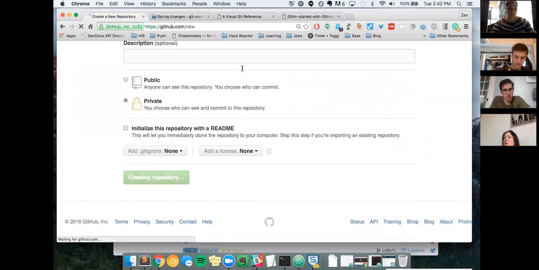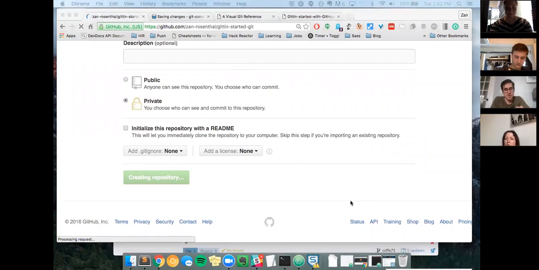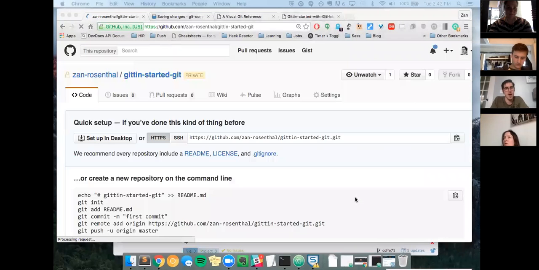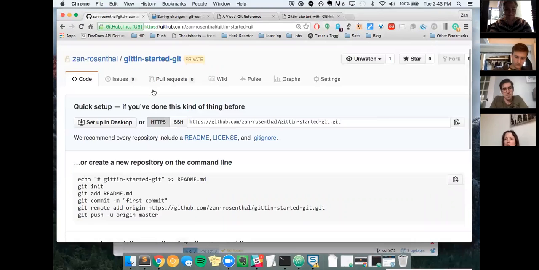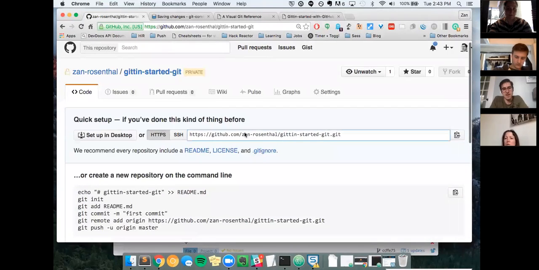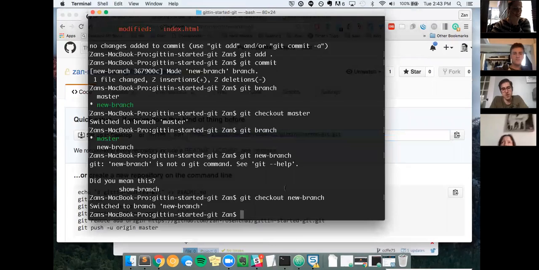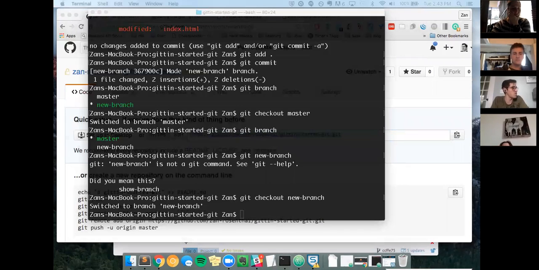And then we will create this repository. So now this empty repository exists up on my GitHub account in the cloud. At the top of the repo, there is a URL, and this URL points to this repository's Git. I'm going to copy that URL to my clipboard,